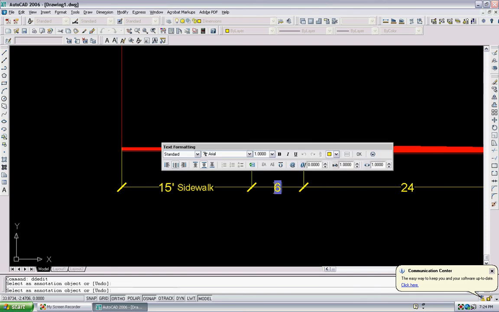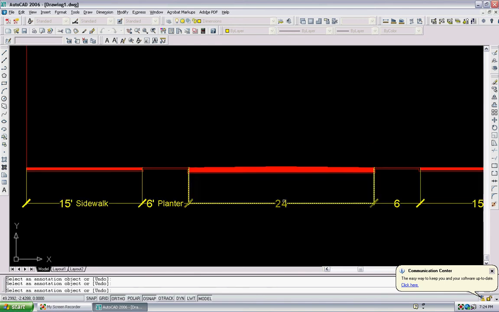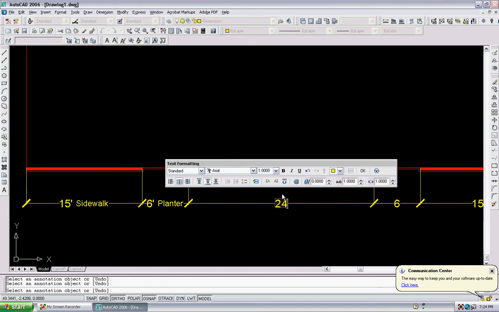Okay. I'm going to do it again. I'm going to call this one 6 foot and make this 0.75 and planter. Okay. Click here and we'll call it 24 foot. Two-way, oops, 0.75. Two-way road,